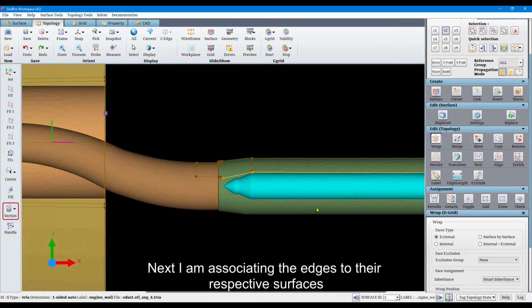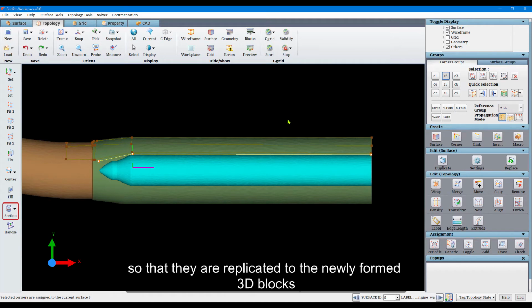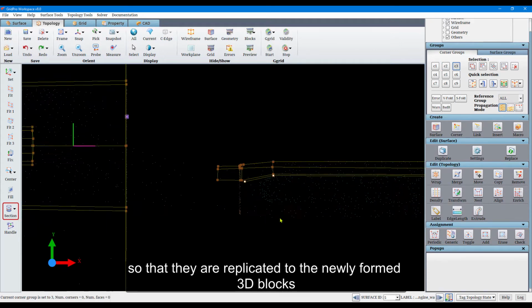Next, I am associating the edges to their respective surfaces so that they are replicated to the newly formed 3D blocks.